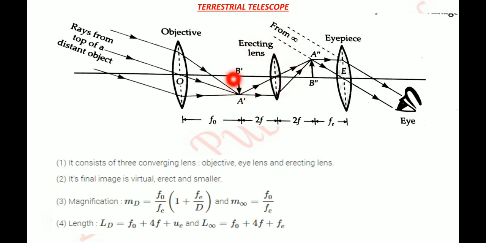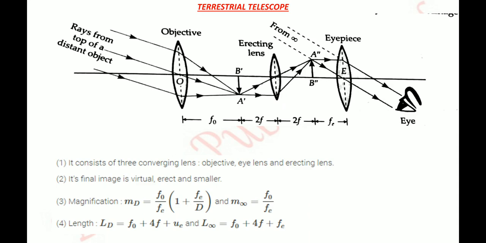The position of this lens is so adjusted that this image forms at 2F for this lens. Whenever an object is at 2F, its final image formed by the lens is also at 2F. It is inverted, so since this image is inverted, it makes an image which is erected. It is of same size. Now this image is at focus of the eyepiece, so this eyepiece makes an image at infinity. So what it does is it makes the image erected.